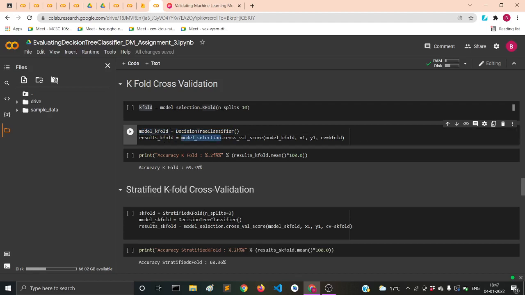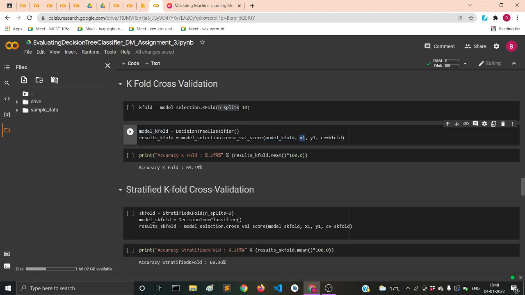Then we have to use the cross_val_score, and here we have to supply which method we want to use, and that will be supplied in the cv parameter with that particular variable in which your parameters are initialized. Now here you have initialized the kfold, so cv will contain the kfold, and that's why it will perform the cross validation score with the number of splits you have mentioned here. So this model_selection.cross_val_score takes 4 parameters. Firstly, you have the model which you have initialized. The second is X, that is the whole data set.